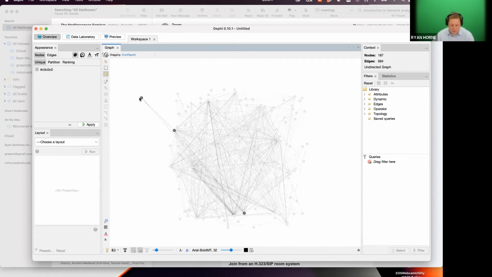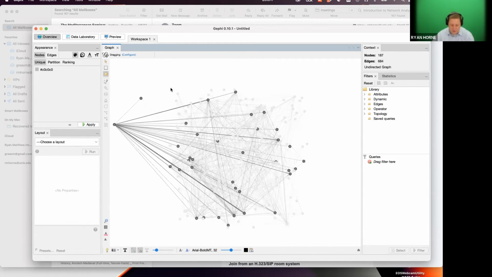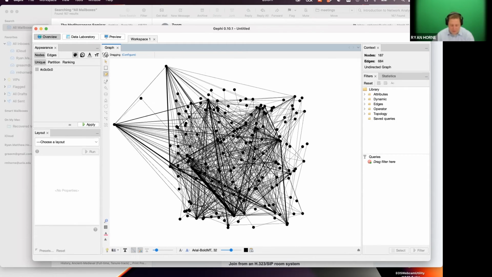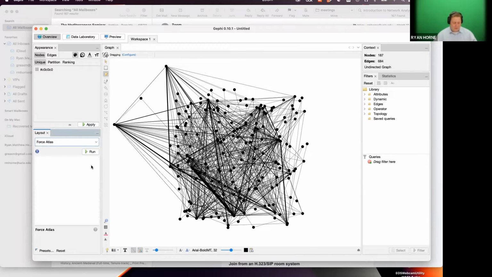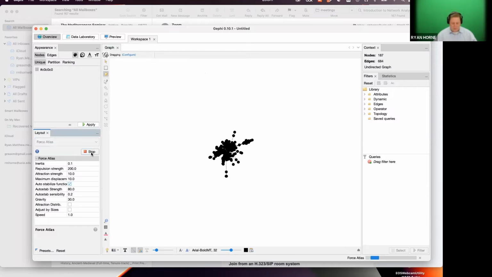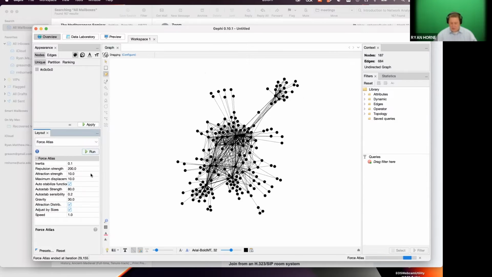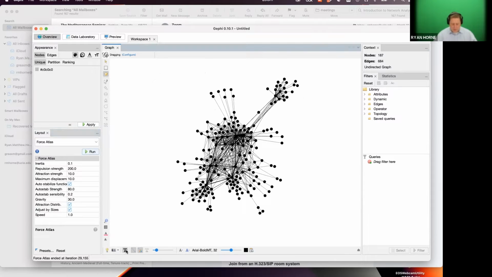And then the fun thing about Gephi is you can click on it, you can do these things, you can move them around. It actually becomes just a lot of fun to hit different kinds of ways of visualizing graphs. So we see a layout here, we can do, say, Force Atlas, which is a pretty common one. You can see adjust by size, you can spread these things across, and that becomes a graph that we can kind of look at. And if we turn on labeling,